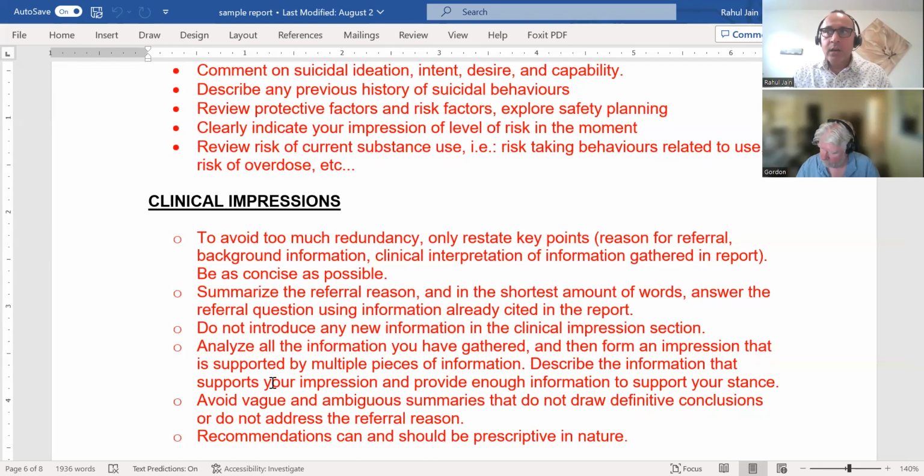So for example, now you can write that Johnny has had several losses in his relationships that have significantly impacted his ability to trust other people. As a child, Johnny was teased and bullied by other people, and that impacted his self-esteem. And in order to cope with bullying, Johnny started using cannabis. Now, it's not new information; it's everything that Johnny told me, and I'm capturing it,